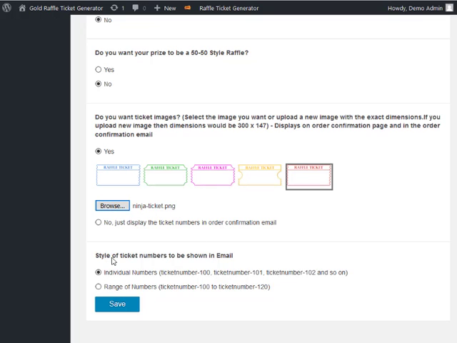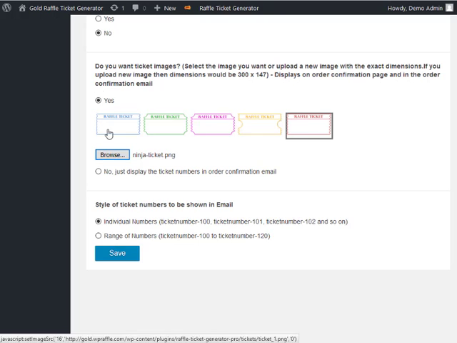And the last section that you have, this is also in silver, is show the tickets in the email. I'm going to use individual numbers. You can also do a range. The range is useful. We have a lot of customers that have raffles where they sell anywhere from 1 ticket to 1,000 tickets, and obviously with 1,000 tickets it becomes a very long email. But I'm going to do individuals here. I'm just going to do a package of like 3, 5, and 10, and you click on save,